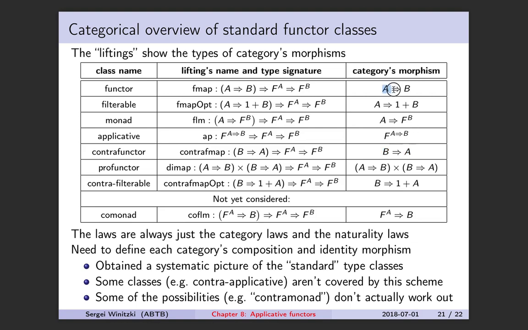Let's see. We had A to B. We had A to F of B. We had F of A to B. But we didn't have F of A going to B. We didn't have that. Why not? Indeed, excellent question. And if we consider that as the type of the category's morphism and demand that these twisted functions or morphisms